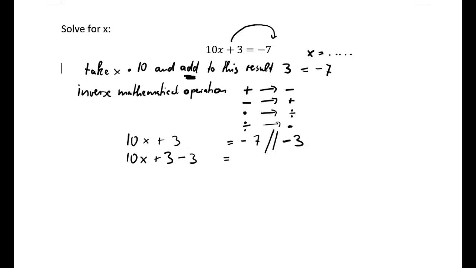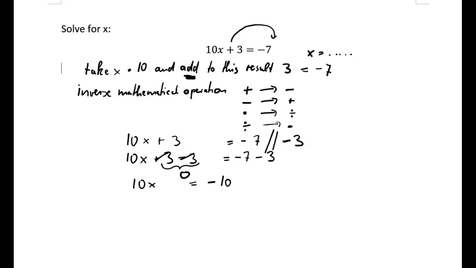And what we do to the left-hand side, we also need to do to the right-hand side. So we have -7 minus 3. So we've got plus 3 minus 3, and that gives us 0. So we got rid of this addition term here, and we've got 10x equals, well, -7 minus 3 gives us